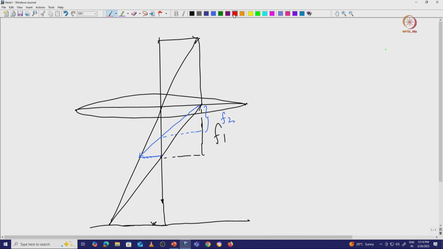Now, if I use an even stronger electron beam, what will happen? This will go and merge somewhere here, and then definitely it will give us an image here. You can see that in this particular case, this is my f3. At the beginning, when we started, this is our image. In the second one, when we are using a strong electron beam, this is my second image. When I am using a stronger electron beam, this is my third image. In all the cases, this is my image plane.